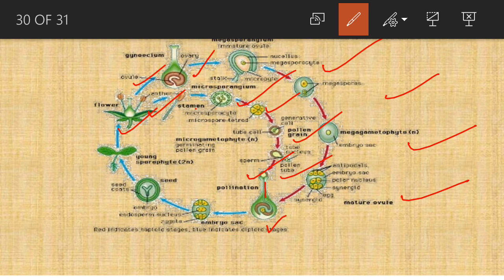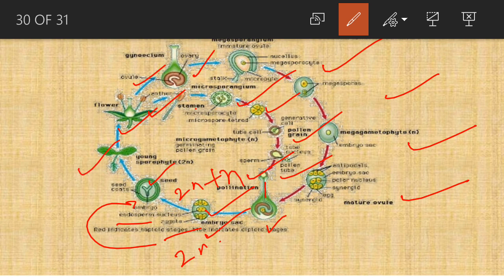Here one nucleus of the male gamete will fuse with the egg nucleus. The other one will fuse with the polar nuclei. As the polar nuclei are already diploid, they will fuse with the one male nucleus to form a triploid structure, that will be the endosperm, and the nucleus that fuses with the egg will form the zygote, 2n. Then the zygote will form the embryo, or the new plant will develop from it, and the endosperm will provide nourishment to the developing embryo.